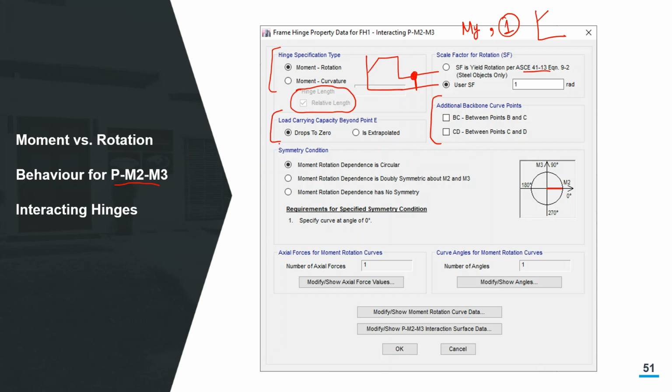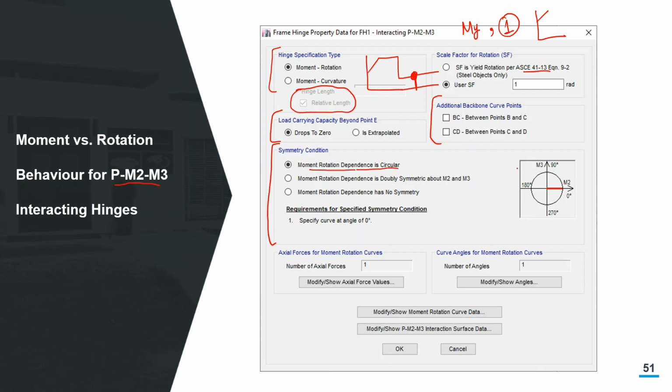Now, this is something which is new for columns: the symmetry condition. In order to define the moment rotation in any particular direction, you have to select one of these three options. The first is that the moment rotation dependence on the angle is circular.